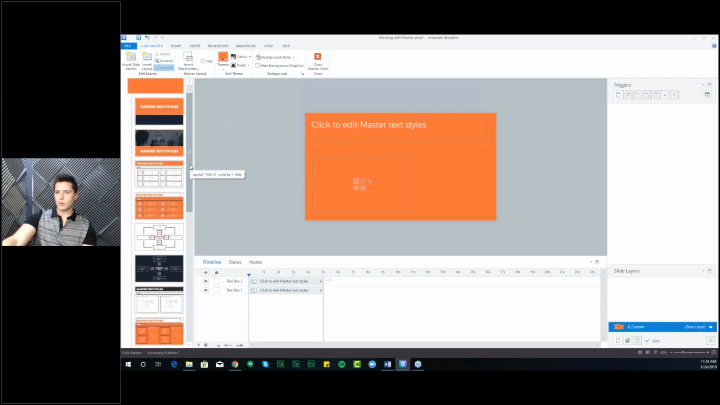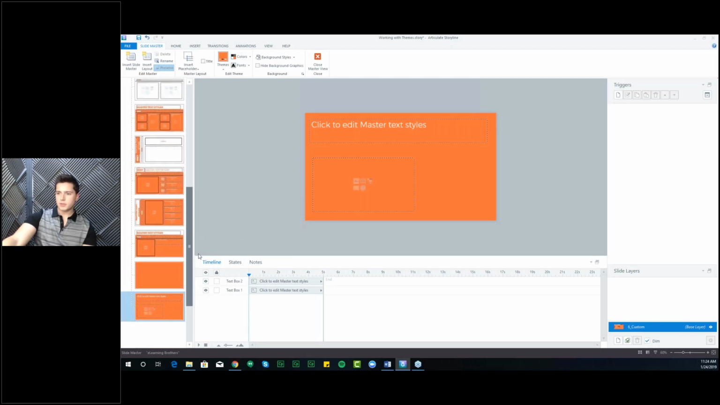All right. And as far as master slides go, that's about it. They're pretty self-explanatory. They're pretty similar across a lot of authoring tools, whether you've been using PowerPoint or something else. The slide masters are going to function very similarly there. And the last